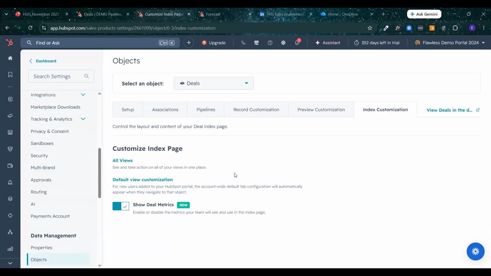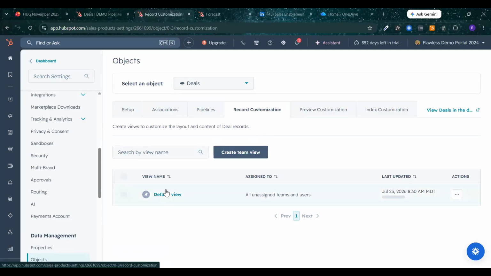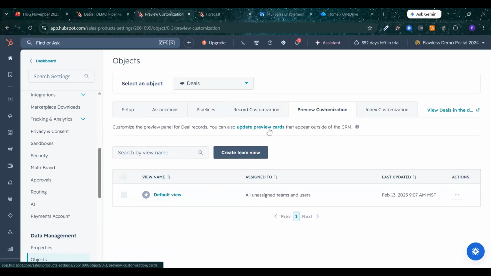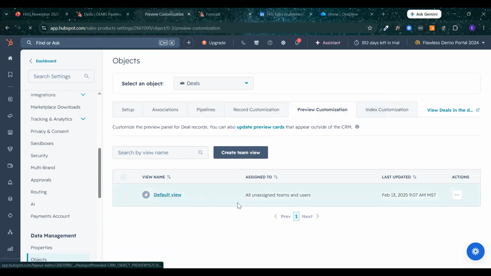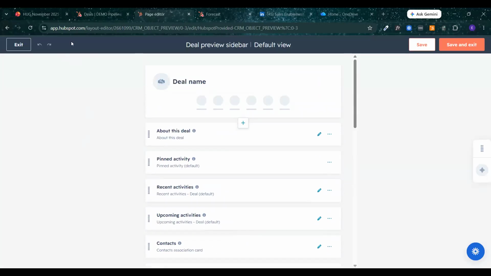So you can set up a bunch of different customizations here. You have the actual record page. This is where you set up the layout of the record page. This is where you set up the preview, which is the preview cards that appear outside of the CRM. So when you click on preview and the app, that's going to be just a list as well, but it's the same.